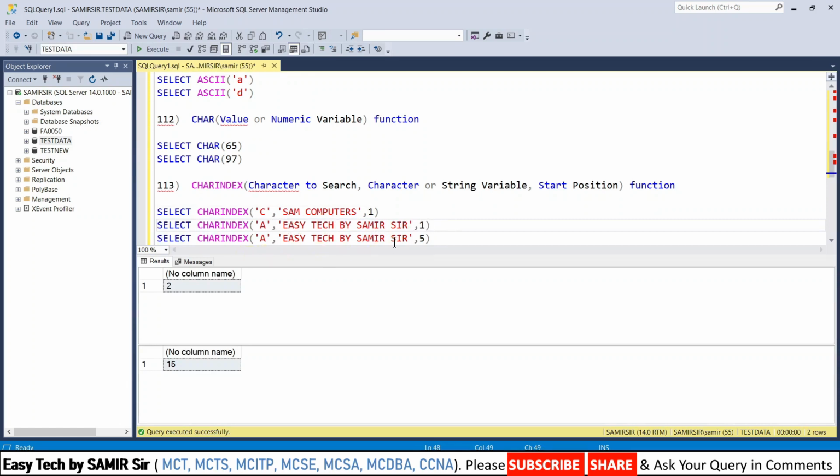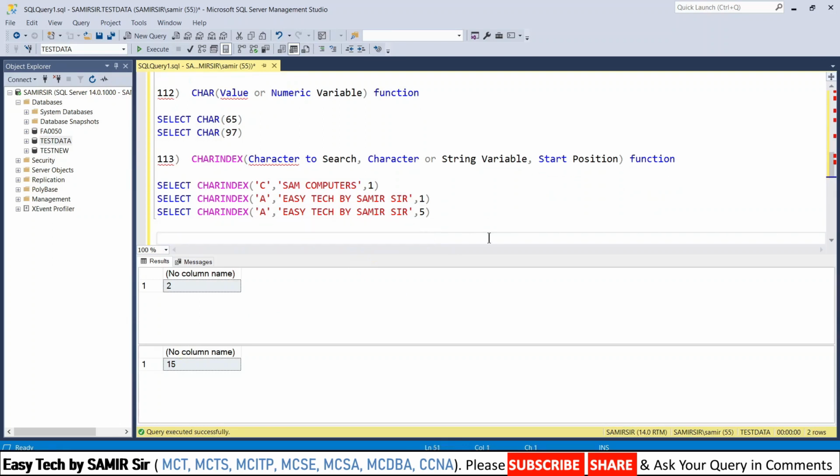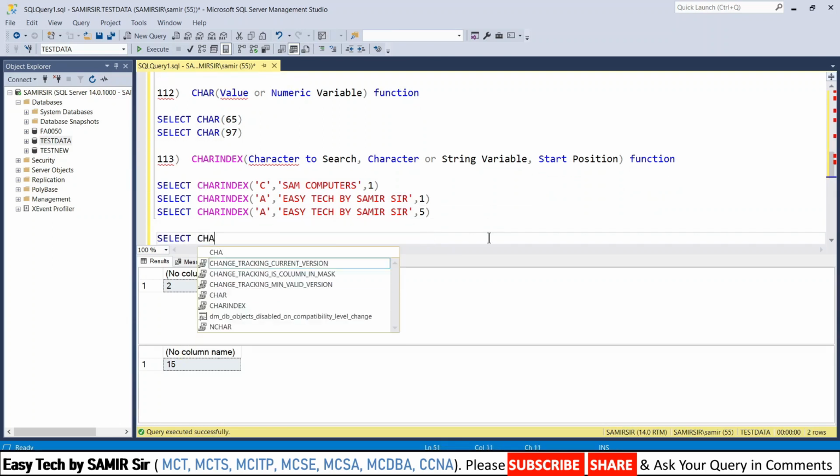But with the same query, if you try to find it from the fifth character onwards, it will ignore this second letter. First, second, third, fourth, fifth. So from here it will count 6, 7, 8, 9, 10, 11, 12, 13, 14, 15. The A letter is on the 15th character position. Now, how will this be useful? Let's say you say select CHARINDEX,